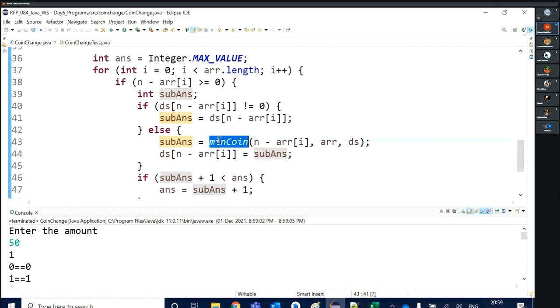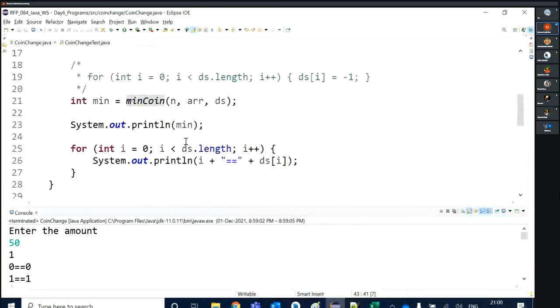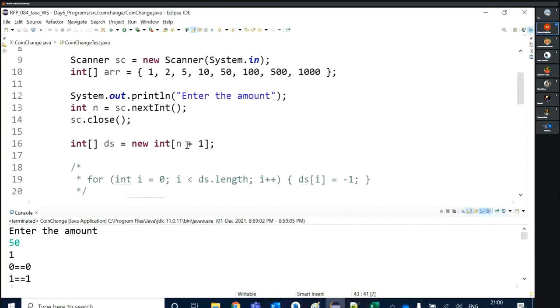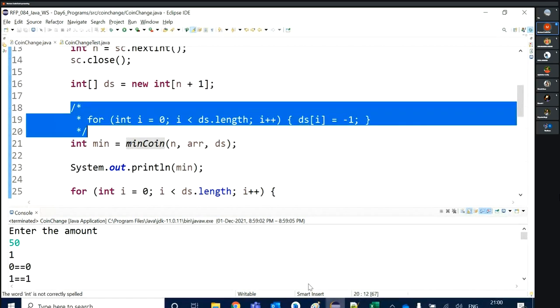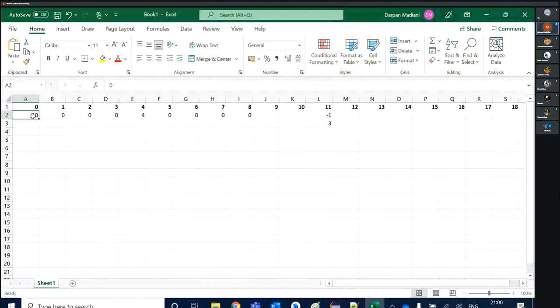Basically, even to fill the array with -1, for the safekeeping, we can fill with the -1 because we already have the 0 as an answer in our solution. That's why I was keeping the -1 by default, and I'm checking with that value. If I don't have the solution, how will I check?